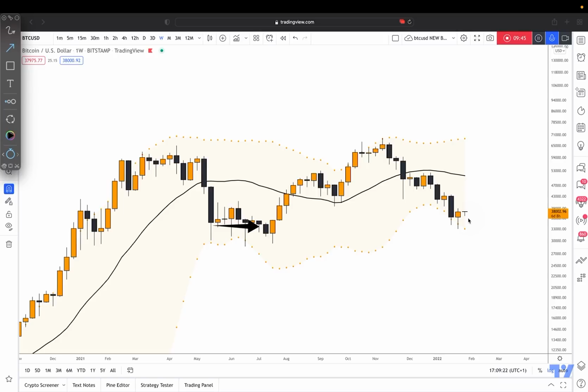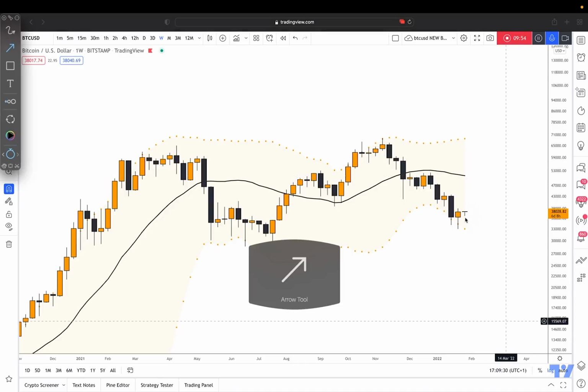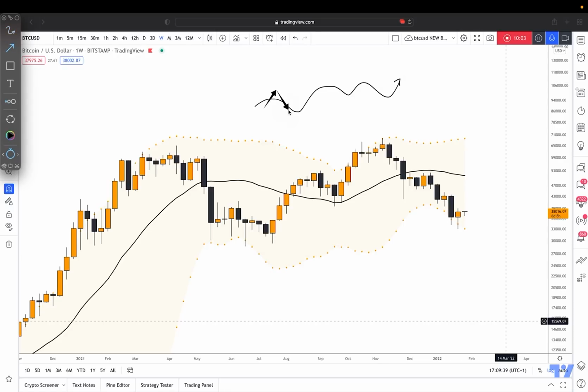To start with, we are looking at the 20-week moving average, which is located somewhere around $50,000, $51,000 approximately, right? And knowing that the markets tend to oscillate around their averages, this is the average price action. The price action tends to oscillate around the average rather than just go and literally be flat, right? So it makes sense to expect a mean reversion play that could potentially take us eventually back to the